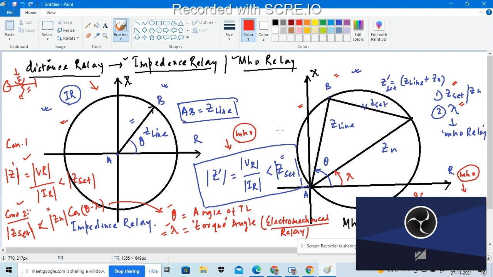Why? Because we consider two different parameters, and we are also finding the different values of the current, as well as the apparent impedance. The value of the apparent impedance is much more reliable in the mho relay than in the impedance relay. Whenever we do a problem, it will be much easier to understand, whenever we find out some problem.